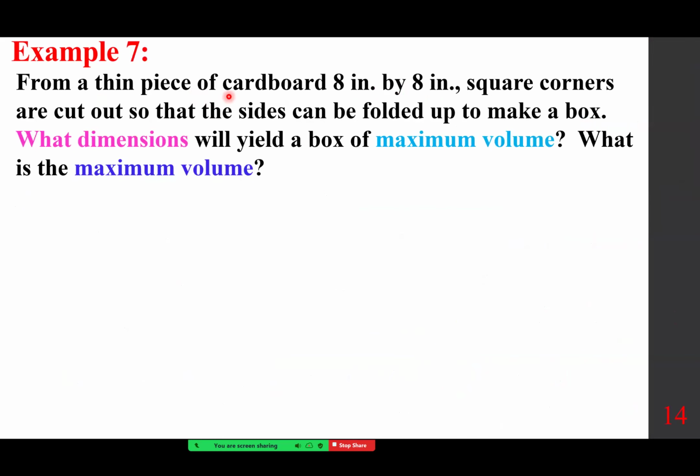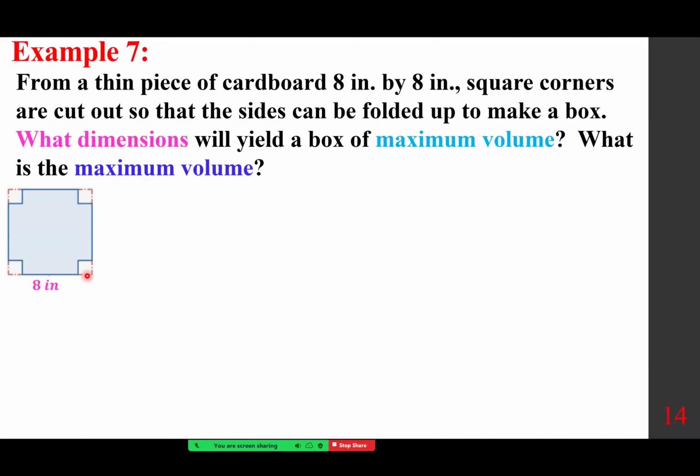From a thin piece of cardboard, 8 inch by 8 inch, square corners are cut out so that the sides can be folded up to make a box. What dimensions will yield the box of maximum volume? What is the maximum volume? So we have an 8 by 8